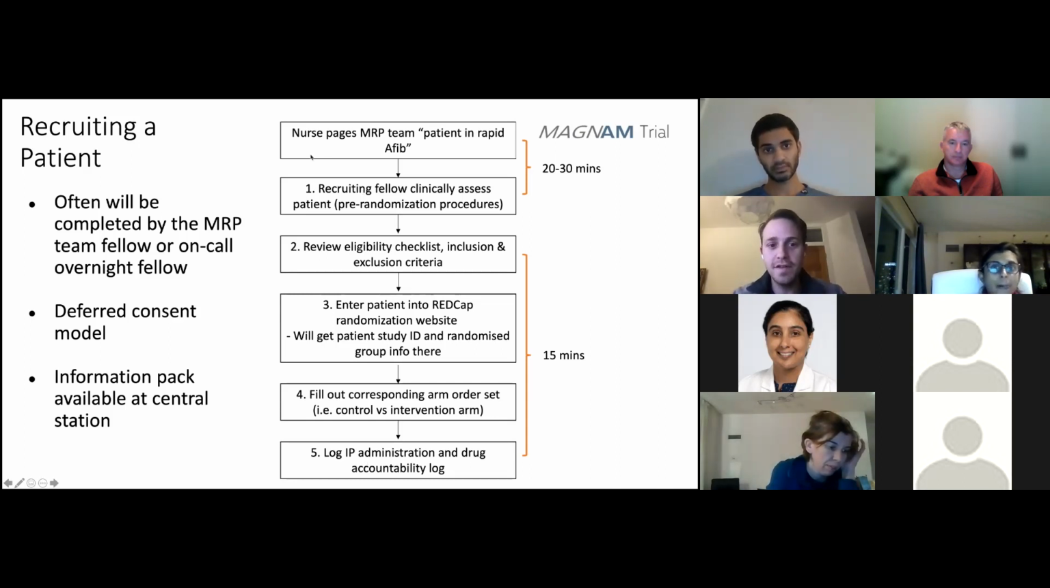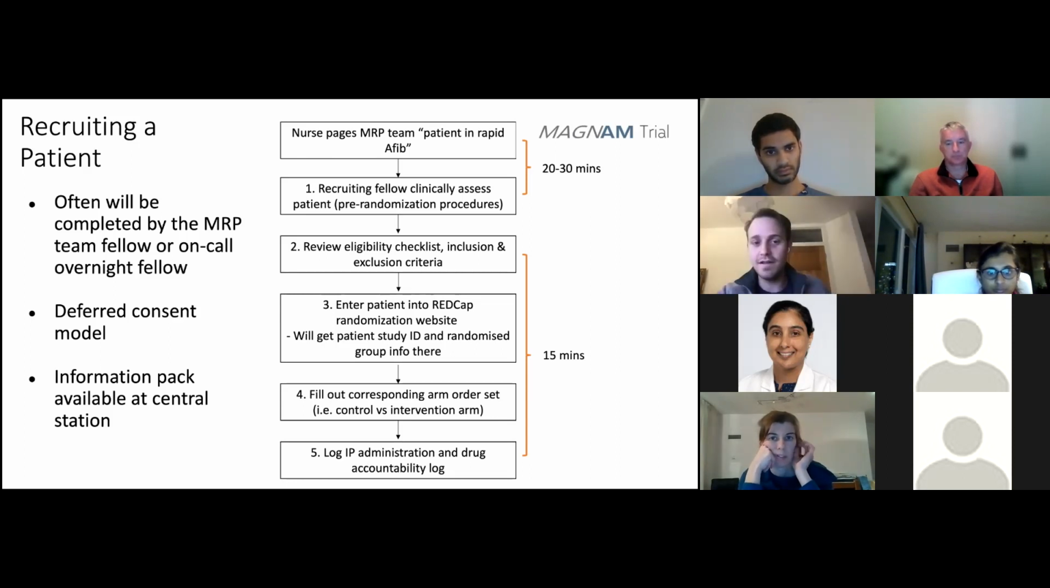So the nurse pages the MRP team and says, hey, your patient is in rapid AFib. And they're calling you because they basically want you to come and assess the patient and decide what to do. So this is the usual thing that would happen. I'll show you in the next slide